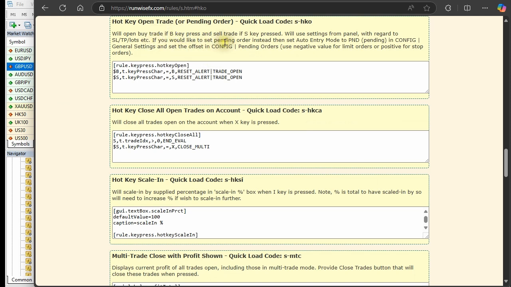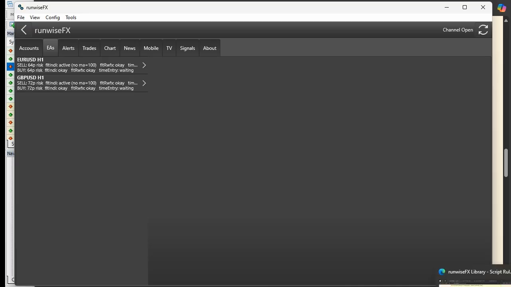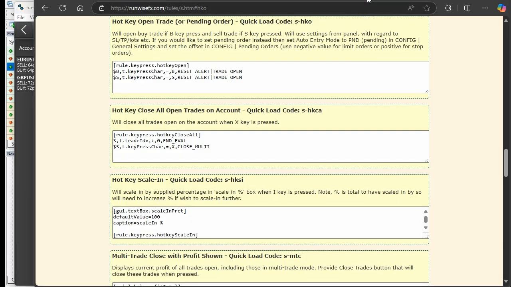So B key will open a buy trade, S key for a sell trade. Now let's imagine you wanted to change this configuration to a different key. Let's explain how you could do that. So here you need to go down to our Windows application. Remember, this is available on our website,